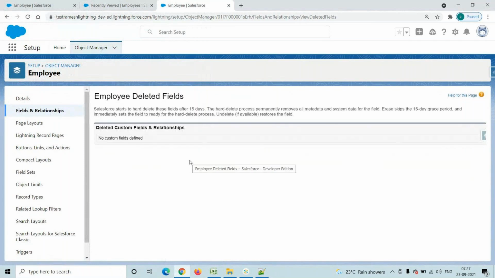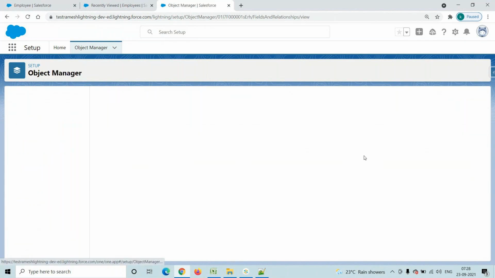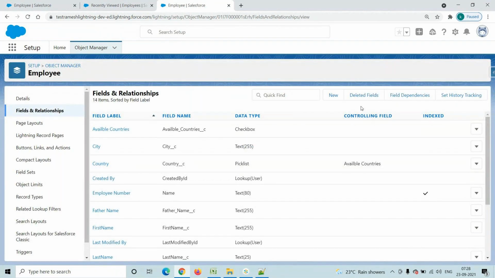So if we delete one field, it will not be permanently deleted. Where will we find that field? Go to deleted fields, click on this one, and that field is there. If you want to revert back, yes, you can revert back. Erase means it will permanently delete.